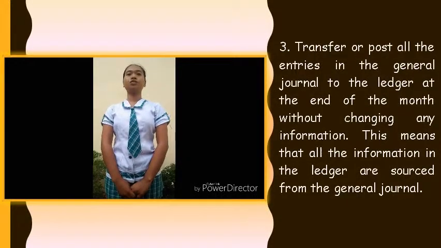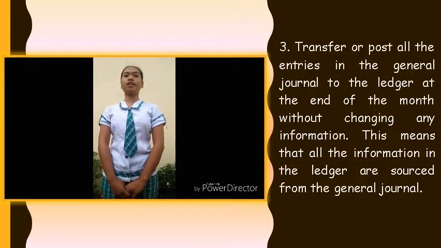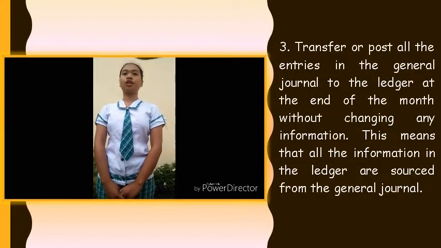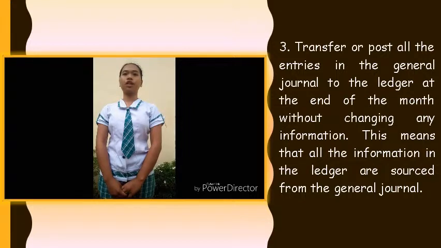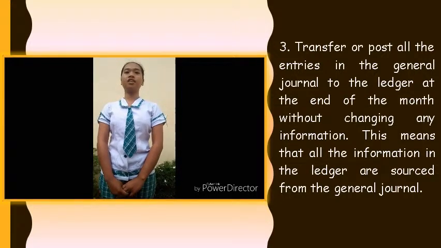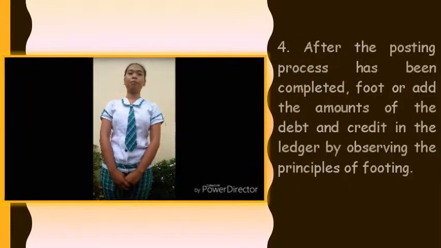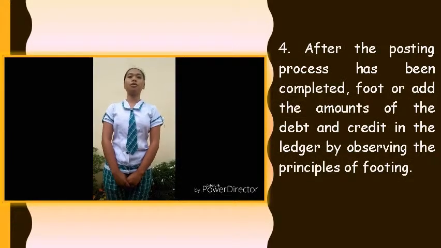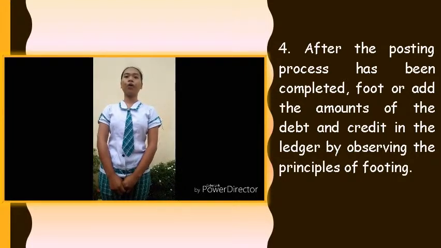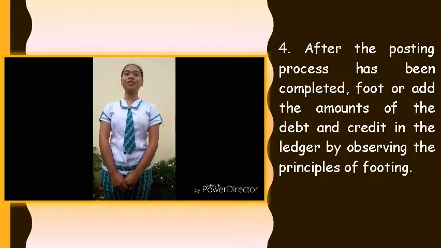Number 3. Transfer or post all the entries in the general journal to the ledger at the end of the month without changing any information. This means that all of the information in the ledger is sourced from the general journal. Number 4. After the posting process has been completed, foot or add the amounts of all debit and credit in the ledger by observing the